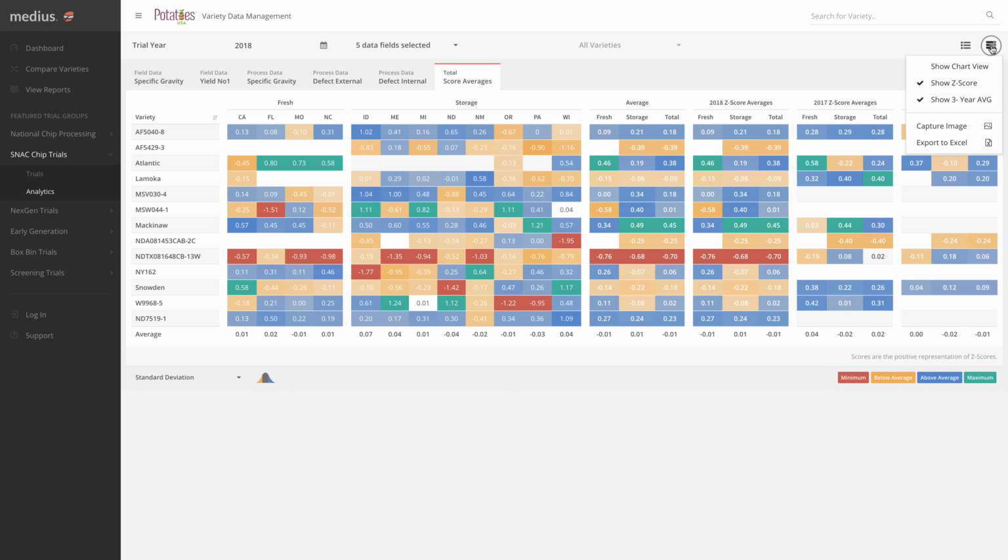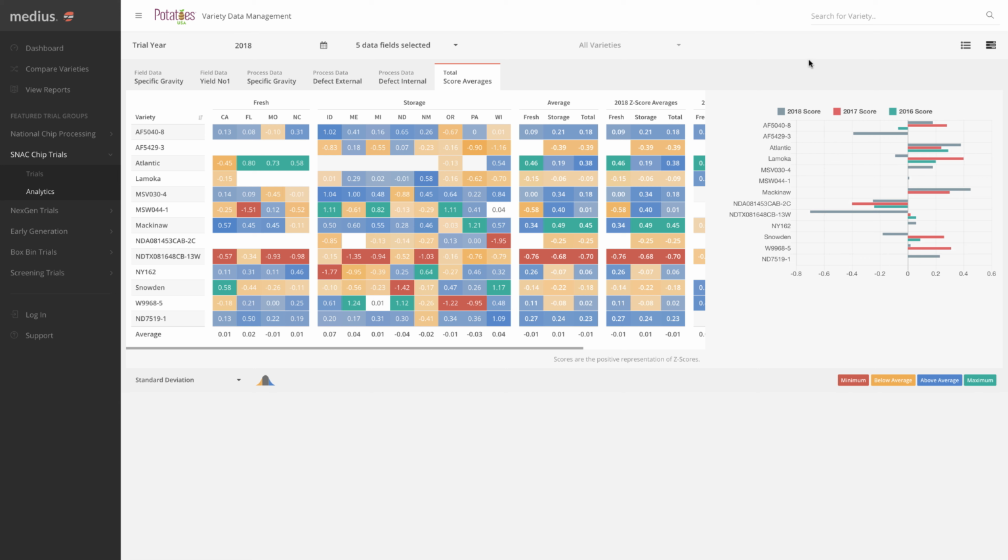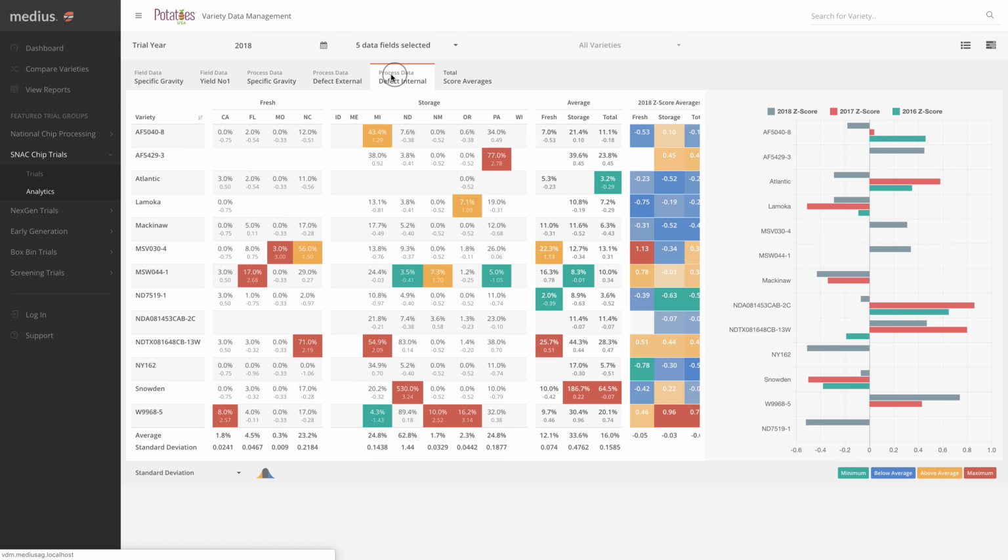The last option you have left is you can turn on a chart that graphs out the currently selected data field z-score across multiple years. And that's an overview of how to use trial